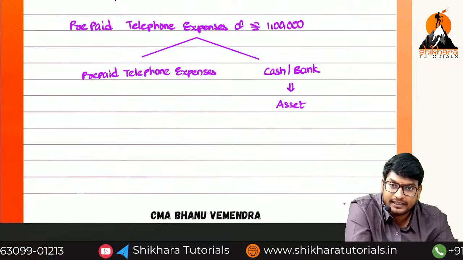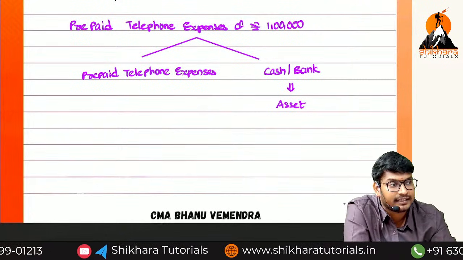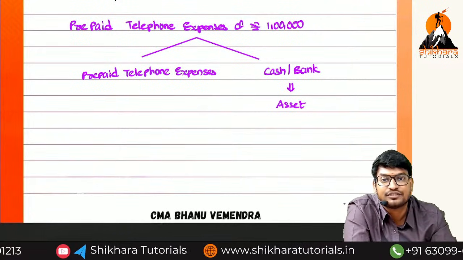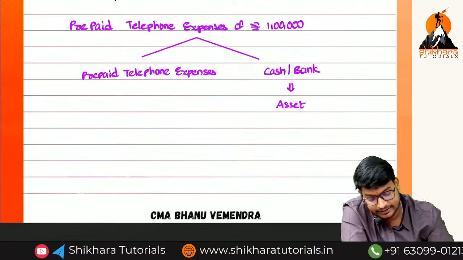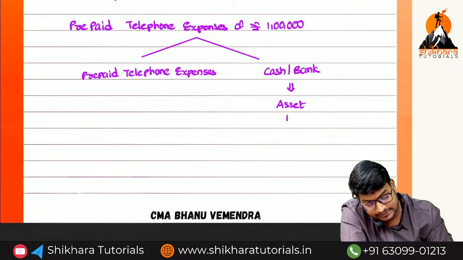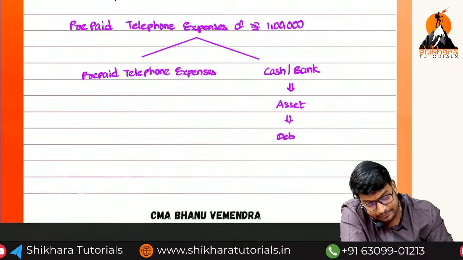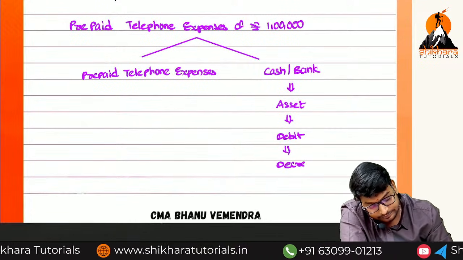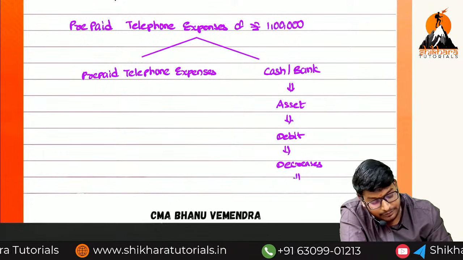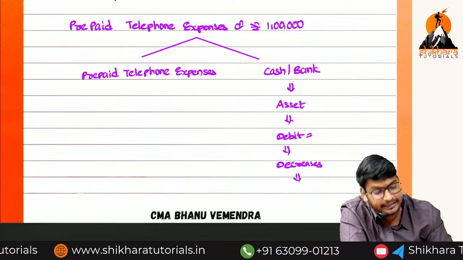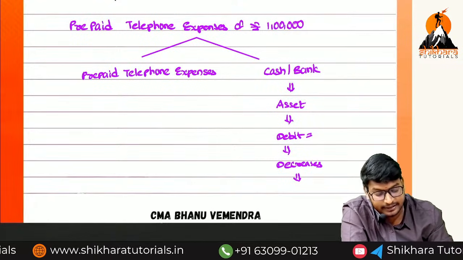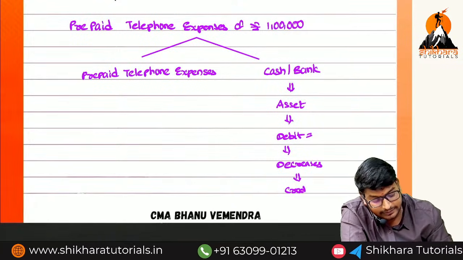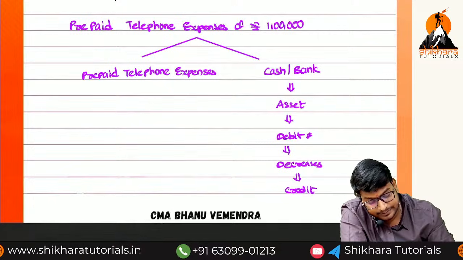Here we have paid, na. Paid means cash comes in or goes out? Goes out. Goes out means the cash balance increases or decreases? Decreases. So for that reason, an asset has which balance? Debit balance. So it decreases. What do we need to do? Decrease means credit, increase means debit. A debit decrease, what do we need to do? Credit. I think this is a debit balance.